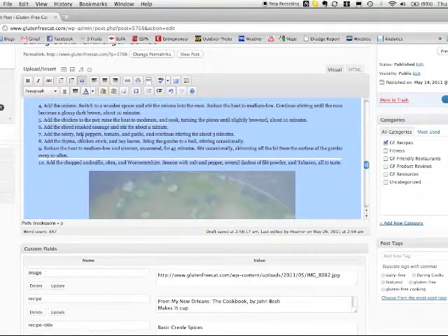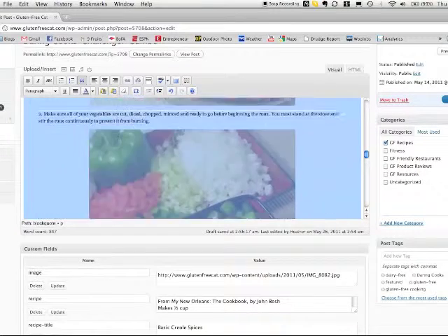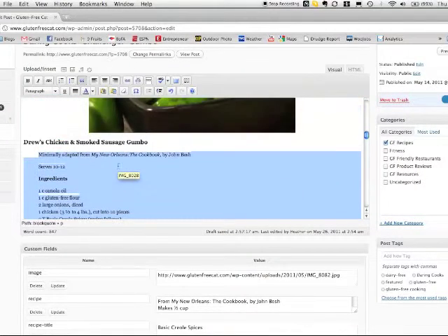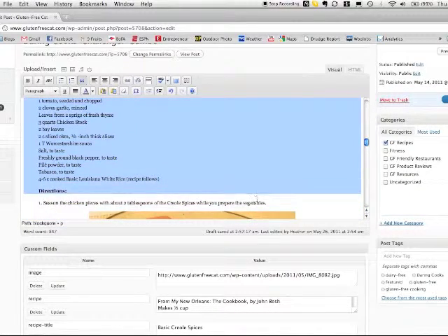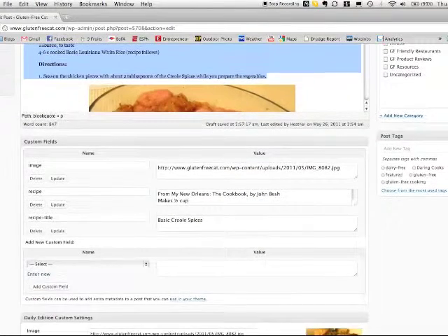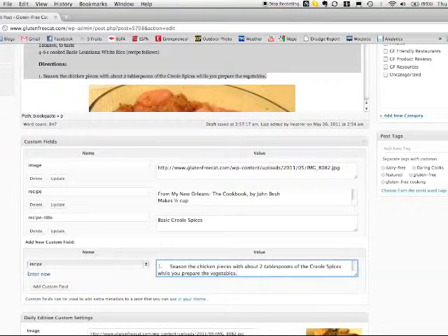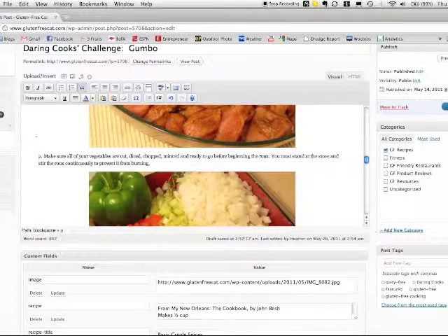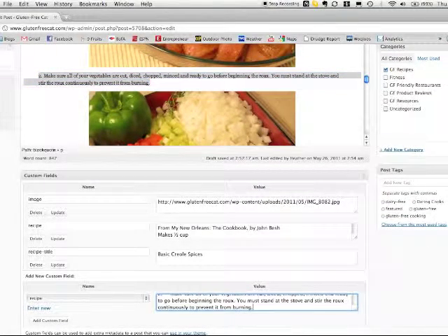But instead of copying right away, we don't want to include the pictures in the actual print-friendly recipe. So unfortunately what you'll have to do is come back up and do this one in chunks. So we'll get everything up to that first one and copy it. We'll come down here and select recipe again, and we'll paste that first chunk in there and then hit enter. And then scroll back up, and for each chunk in here you'll have to highlight it, scroll down, find the recipe, paste it, click enter,